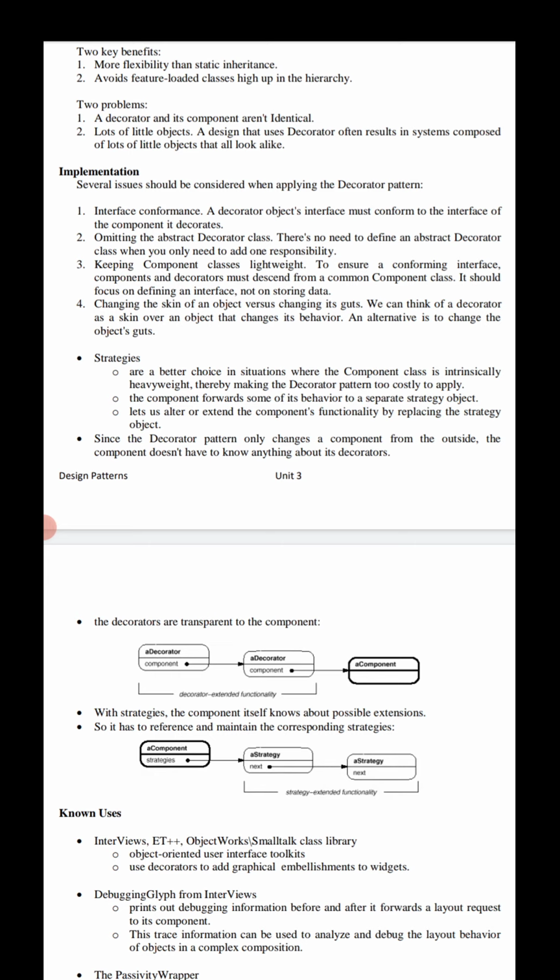The decorator adds extra responsibilities to an object dynamically at runtime, but here it says there is no need to define an abstract decorator class when you only need to add one responsibility.